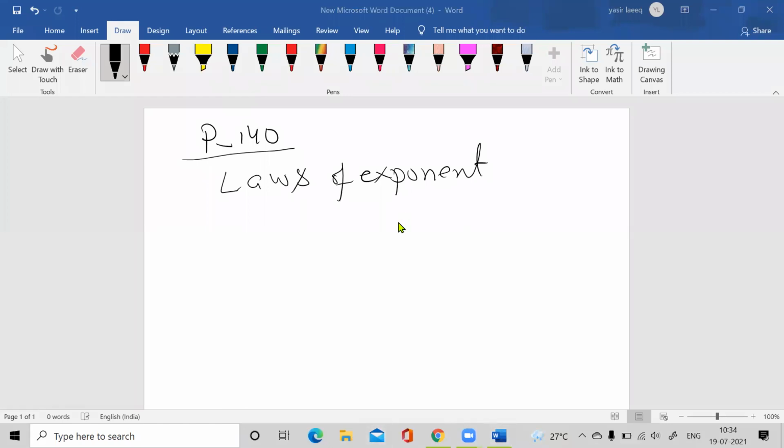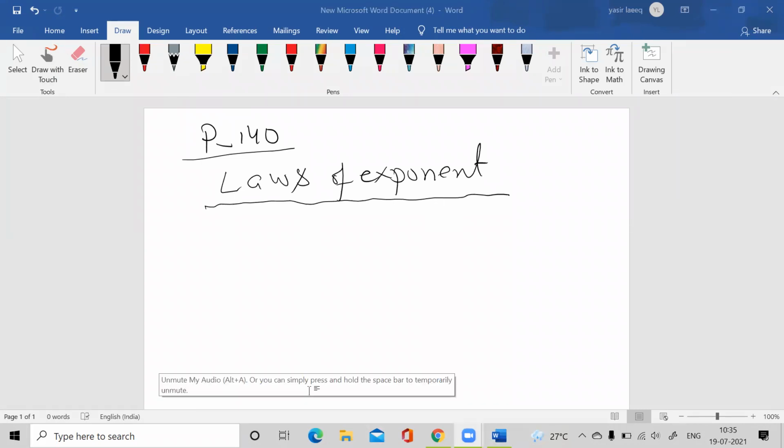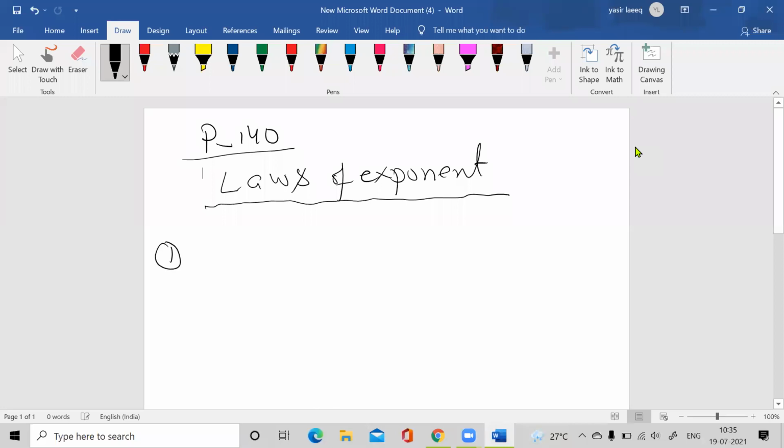It is written here 140. Okay, laws of exponent. So what is the first law? There are certain laws in it, laws of exponent. So listen to me carefully. That first law is law